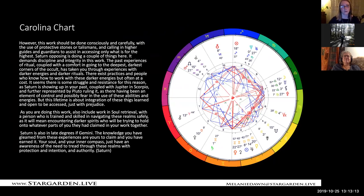And so through ritual and all of your accumulative experience, you've experienced some stuff. So there exist practices and people who know how to work with these darker energies, but often at a cost. It seems there is some struggle and resistance for this reason, as Saturn is showing up in your past, coupled with Jupiter in Scorpio, and further represented by Pluto ruling it. As there having been, funny phrasing, but having been an element of control and possibly fear in the use of these abilities and energies,